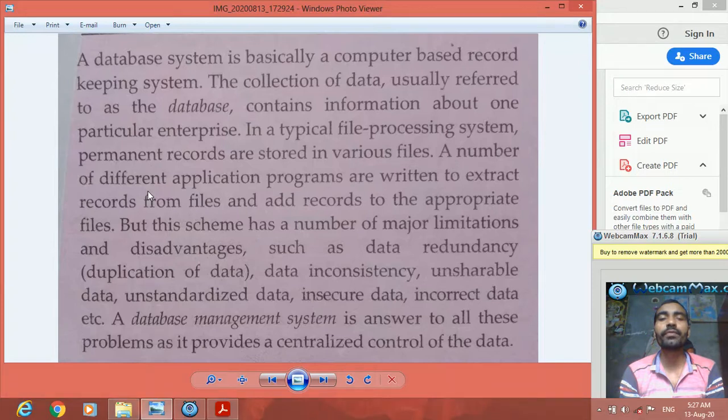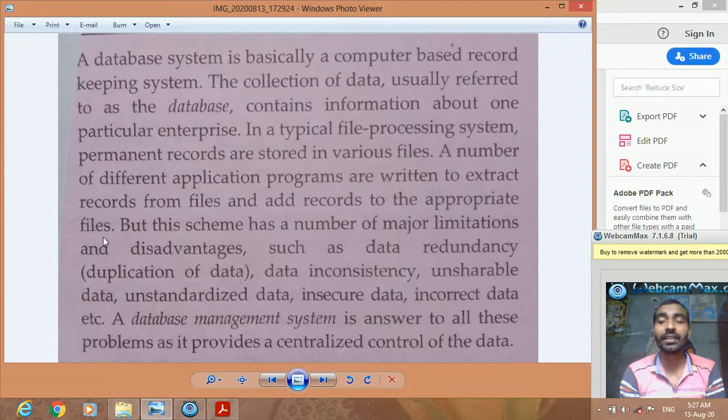A number of different application programs are written to extract records from files and add records to the appropriate files. When we have our data in different files, there are numerous applications by which we can extract those records and keep them in other files.